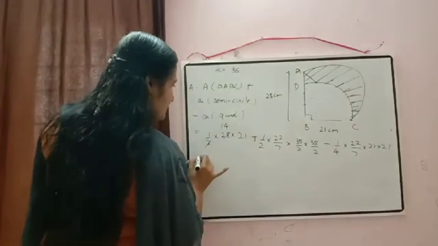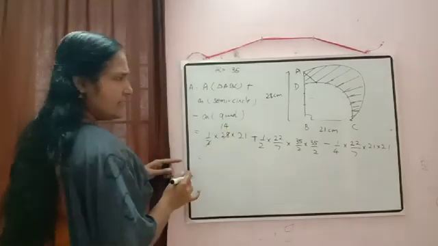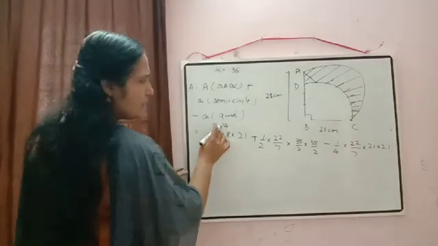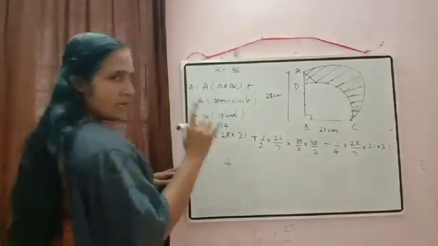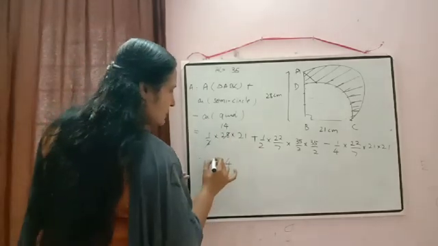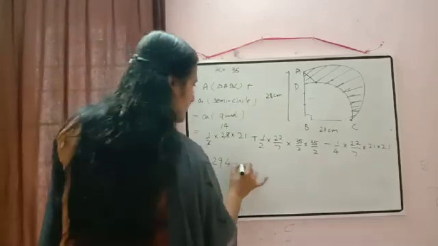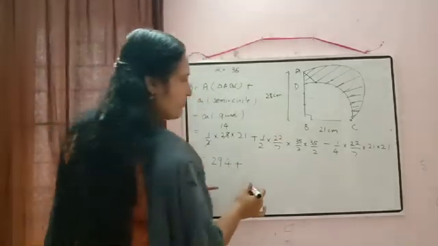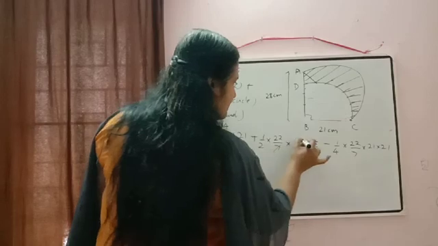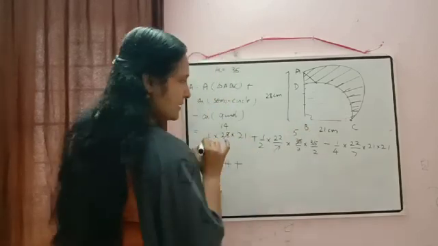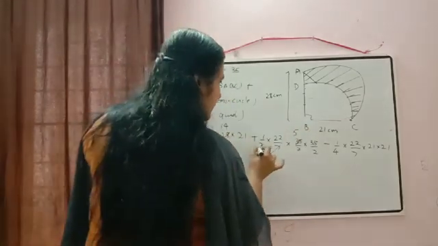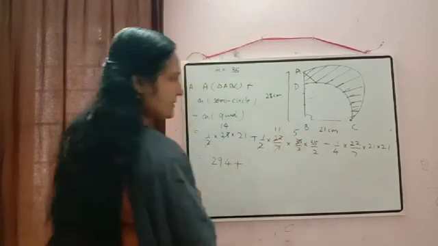2 4s are 14 into 21. Just to do the multiplication, what will come? 14 ones are 14. Carry over 1. 14 twos are 28 plus 1 will be equal to 29. Plus here how we can do, just to check what are the things will get cancelled. 7 5s are 35. Then here 2 and 11 will get cancelled there.